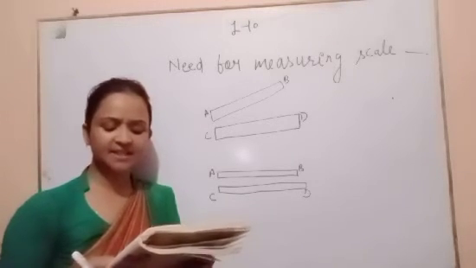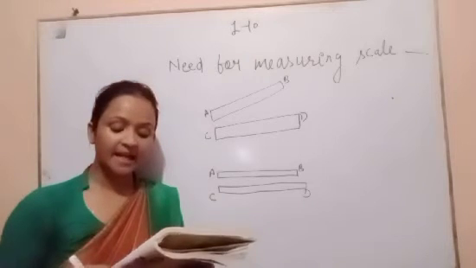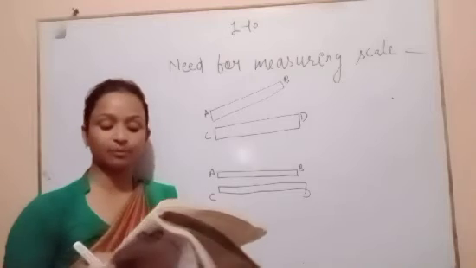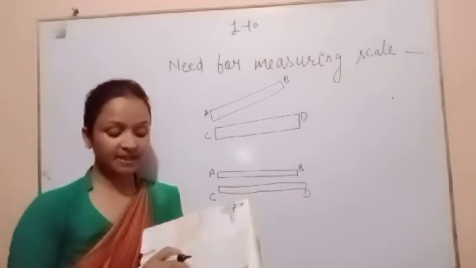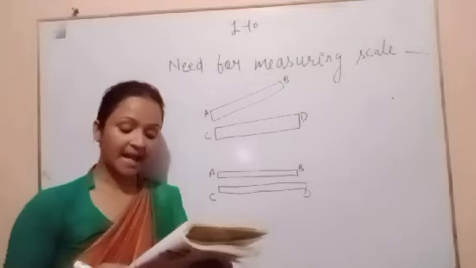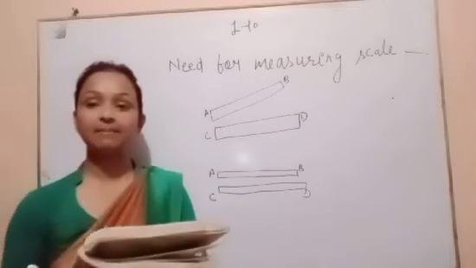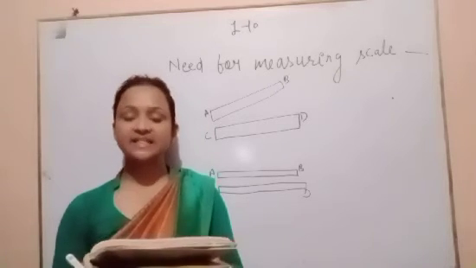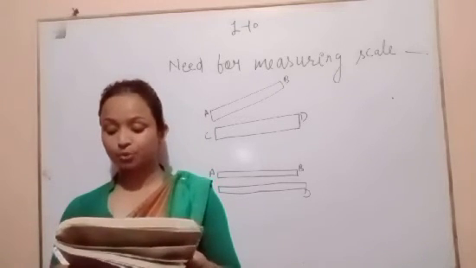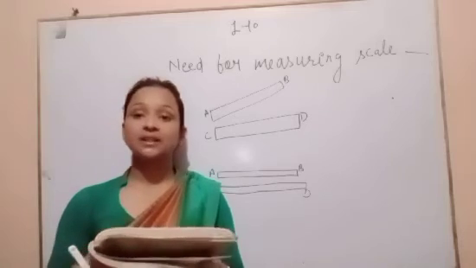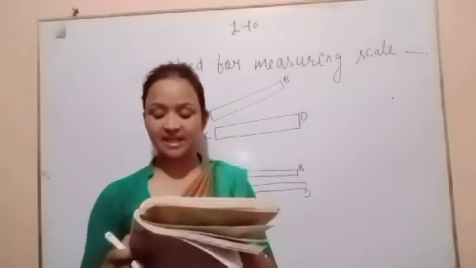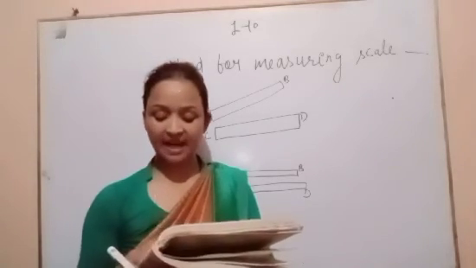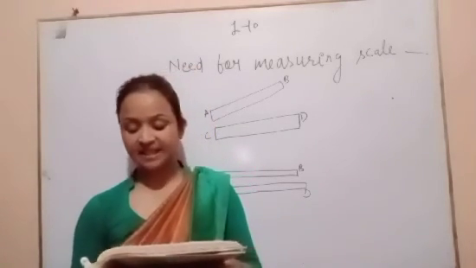Need for a standard scale or a standard unit. In early days, people used to measure length with the help of various parts of the body, such as the palm length, the foot length or the arm length. Then King Henry I declared that the distance from the tip of his nose to the end of his thumb, when his arm was stretched out sideways, should be used as a unit of length. He called this length a yard.